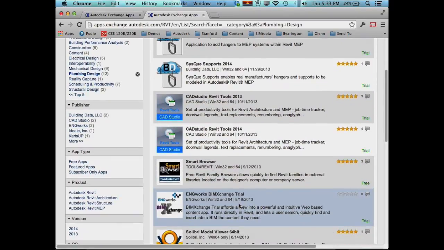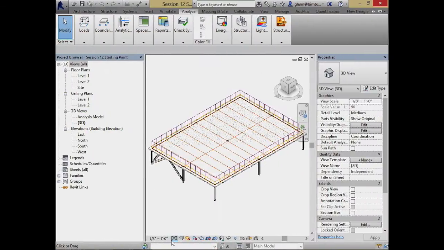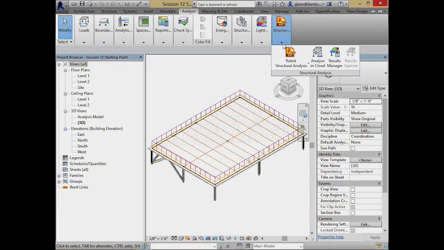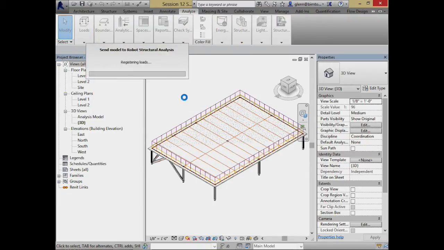Okay, but enough of all that. Let's go back over and show you what it looks like when it's in place. So we're over here. We got this tab in the Analyze section, which includes Robot Structural Analysis. And what I did to export them was just choose Robot Structural Analysis Link. And what that does is just decompose our model, take away the excess information, and really just strip it down to the core of the analysis model. So the single line representation and the connections between all the different elements, as well as the loads